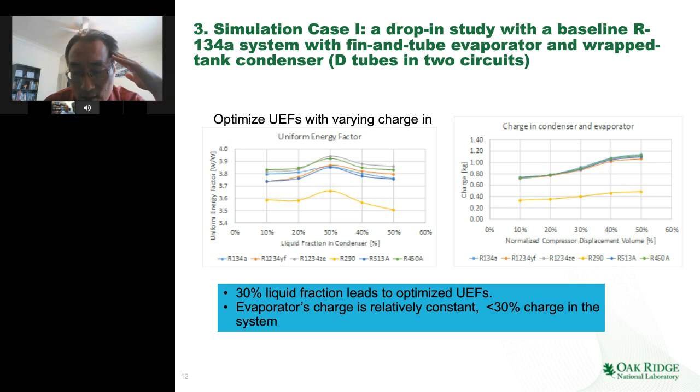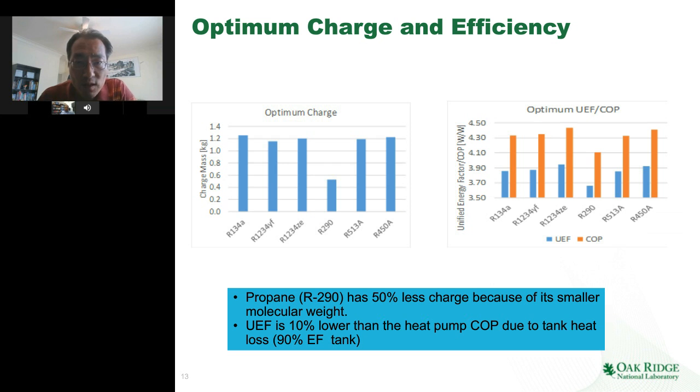And another thing you might notice is that the propane charge is almost half of the other refrigerants, just because its molecular weight is very, very small. Next we want to see what the optimized charge is for the different refrigerants and what their resultant COP and UEF are. You can see the optimum charge for all the other refrigerants is similar, all around 1.2 kilograms, but only propane is almost half,